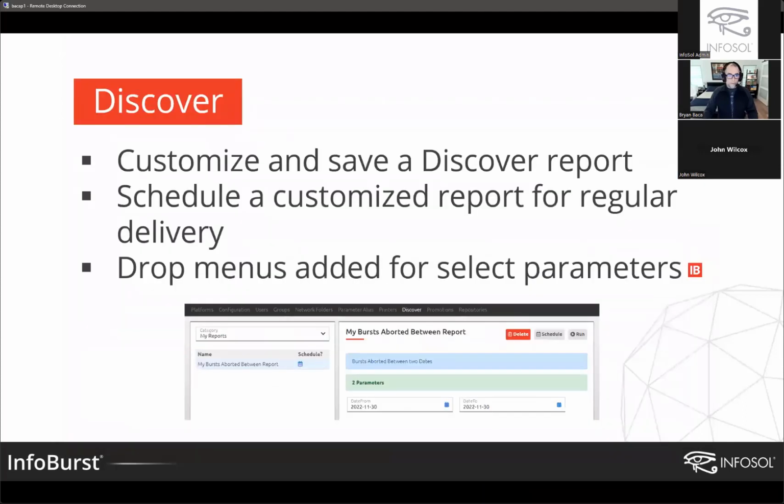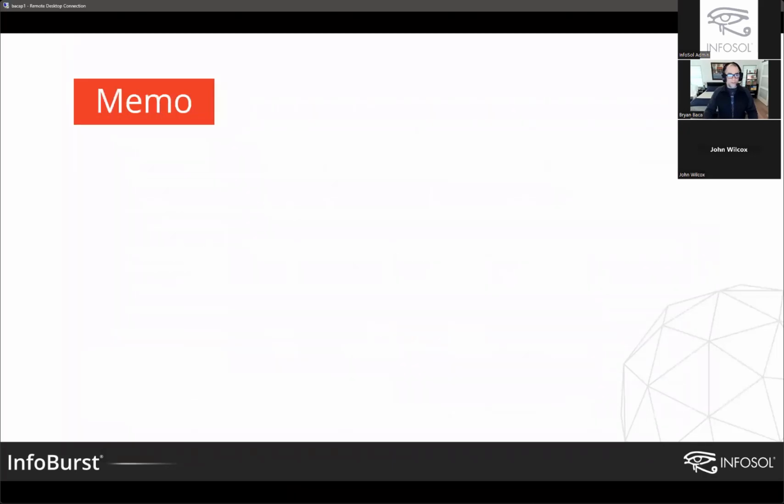All right, let's move on to the next slide then. Another new feature, and we don't do this very often, but we've introduced a brand new object in InfoBurst. We call it Memo. This one takes a little bit of explanation, and actually the